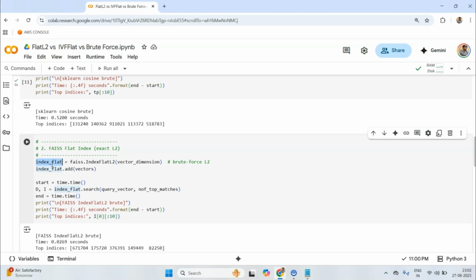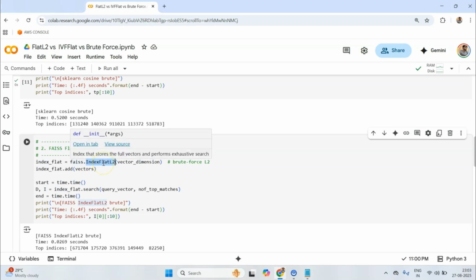And this word index comes from the index that we see in our books, because that index helps us in quickly locating the chapter, right? And that is the precise argument for this term also. With this index we want to quickly find elements, and this term is also used with databases like SQL. They create indexes on columns which are accessed more frequently, so that they can be accessed in a quicker manner. Okay, so now the Facebook AI Similarity Search library offers an index type called IndexFlatL2.